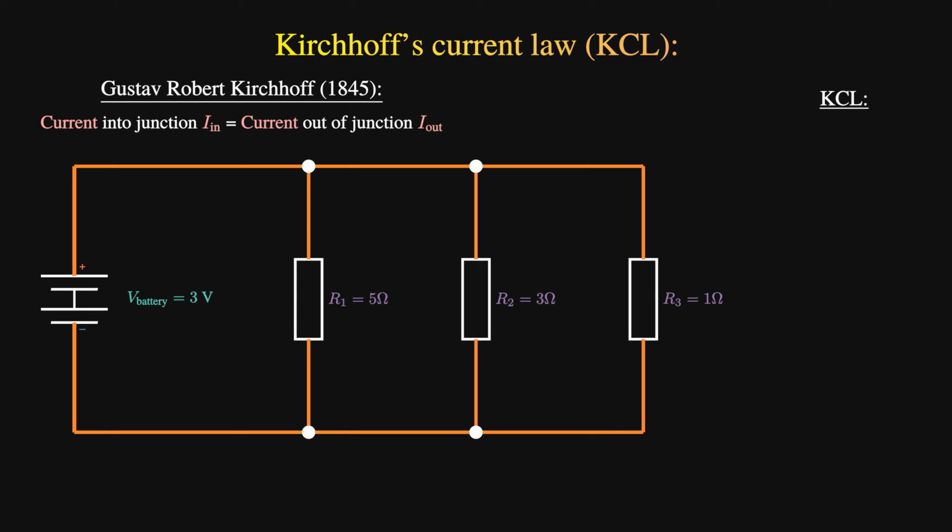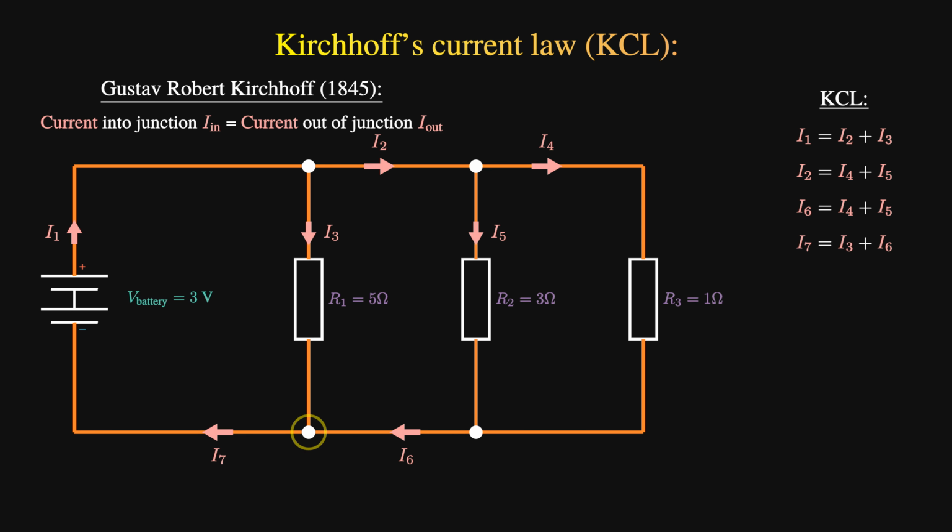In our parallel circuit of 3 resistors, we have 4 junctions in total. We can label the current for each path, and in this case, we get 7 different currents in total, which I've labeled from I1 to I7. Using Kirchhoff's current law, we can write out equations for all of our junctions. We get I1 equals I2 plus I3, I2 equals I4 plus I5, I6 equals I4 plus I5, and I7 equals